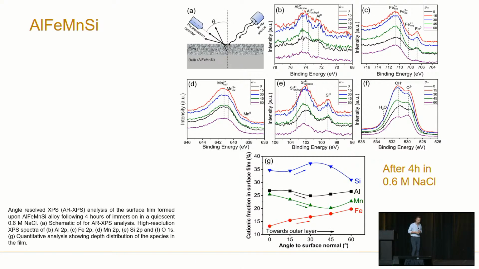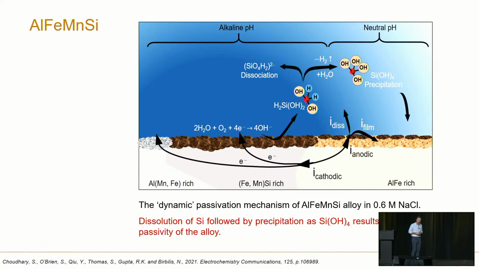And then when you do XPS, this was angle-resolved XPS, you can see cationic fractions of more silicon in the film, then aluminium, then a bit of manganese, and effectively no iron. Again, we saw a whole range of different unoxidized species. If you look at these high-resolution spectra, you can see where you have the unoxidized state for each of these elements as well. So the same story repeats again and again and again. And this time, for the reader's pleasure, rather than bore them with the point defect model overlays, we tried to draw a picture of how the passivity evolves in this particular alloy.